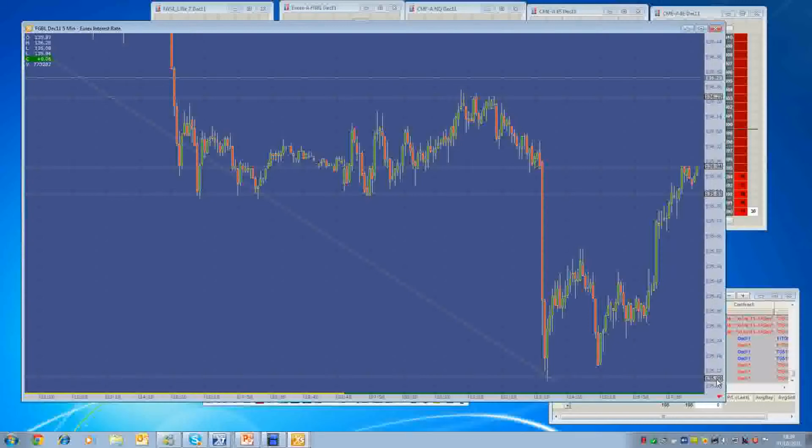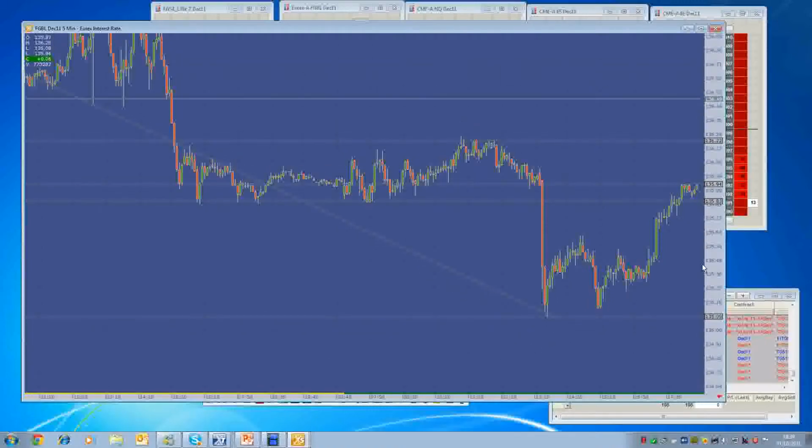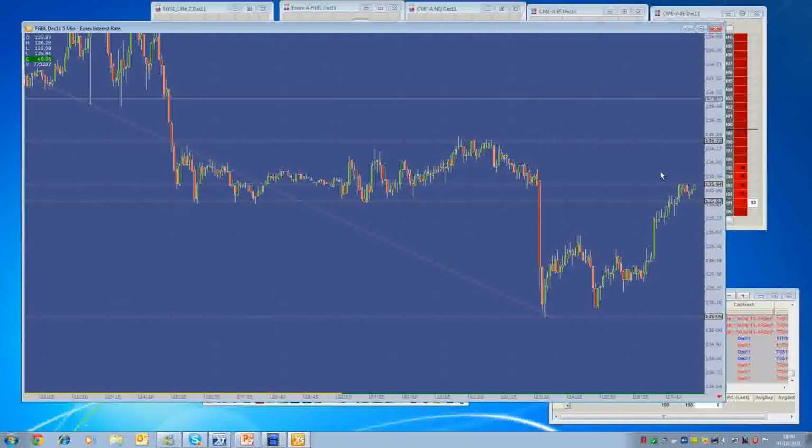that I talked about last time, and we bounced good for about 50 ticks from that, and then we sort of came back, and now we're just pushing higher, and now we're practically at pre-release, just like the Ftse, and now we're trading around the levels where we were finding support previously. So it'll be interesting to see if we can push up above these levels. 136.22 would be quite interesting, and to see if we can push below, or if not, we could be testing